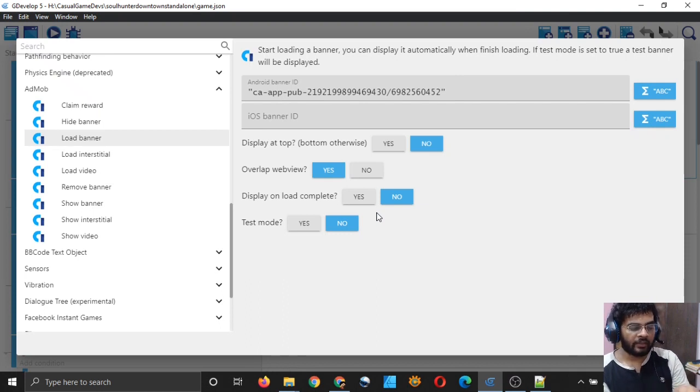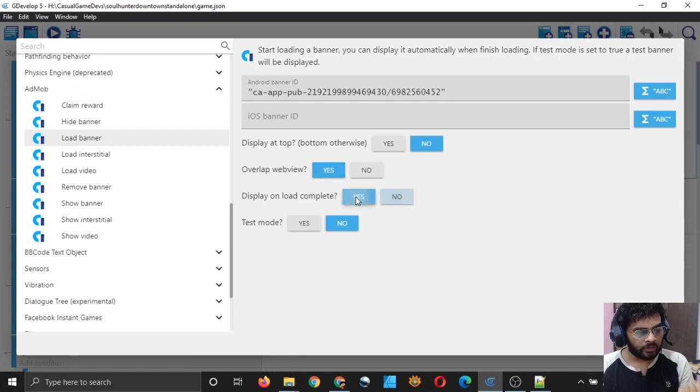So our app is actually working in a web view, and this is very important to know, because the only way to run JavaScript code inside an APK is to put it in a web view. I don't actually know what they are doing, but I believe that's what may be happening. So to be on the safer side, you can always select overlap web view to yes.